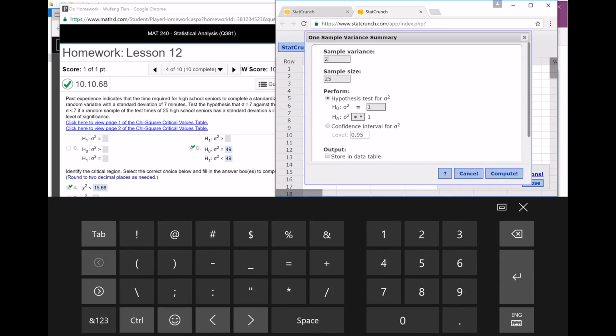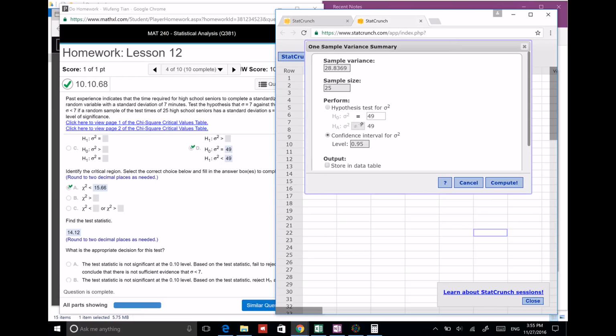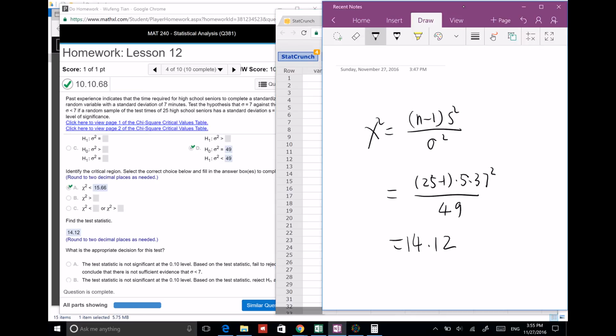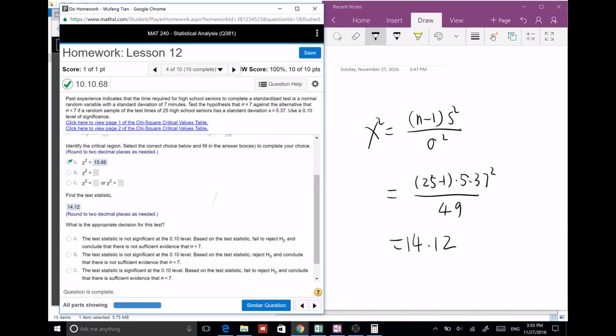Okay, 28.8369, and the variance is 49. The other one is less than. Compute. So now you get the same chi-square value as the formula. If you use the formula, you should get the same chi-square value. So now you compare this one with the critical value. If it's less than, you